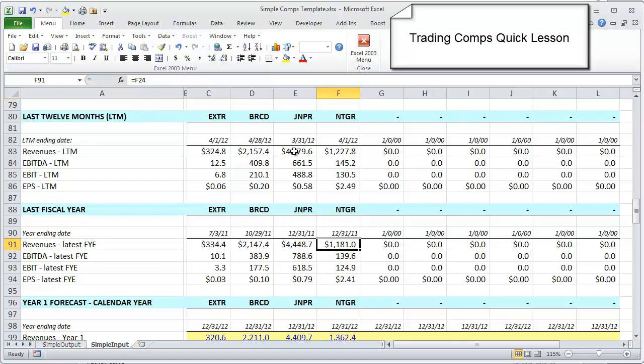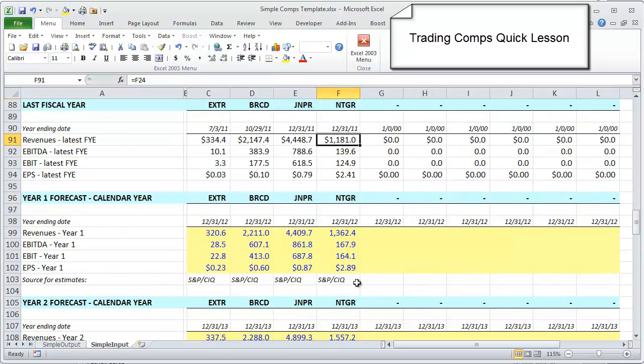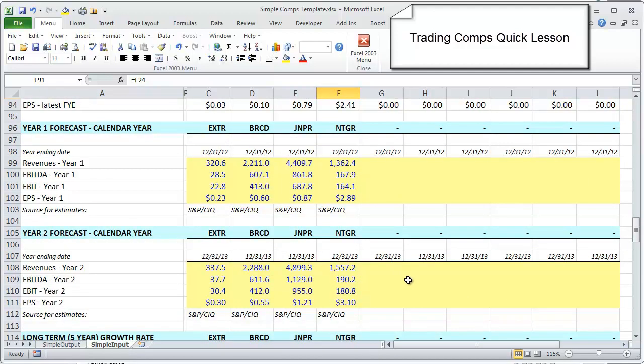So we see the last 12 months, looks like Netgear's got 1.2 billion in revenue generated. If you just look at the last fiscal year, it was 1.1 billion. Now, in terms of forecasts, and this is sort of the next area where it can get a little bit tricky. So in terms of forecasting,